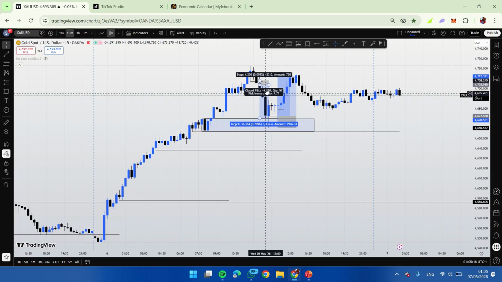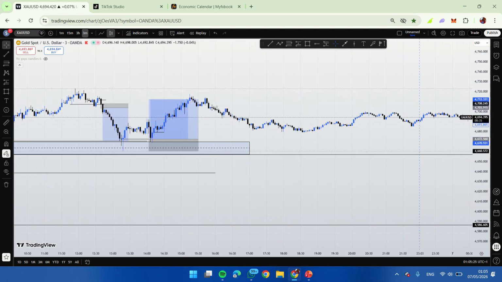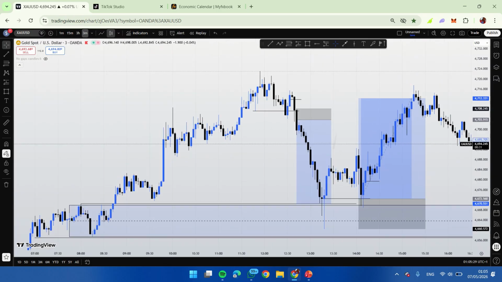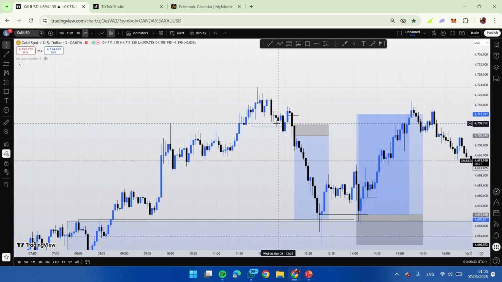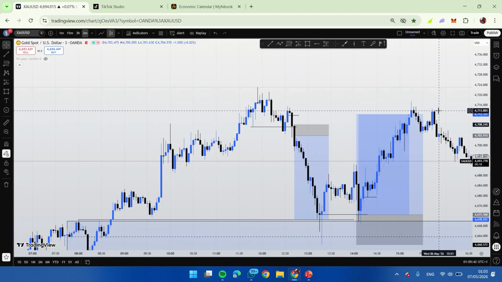And this one just happened. So let's go to 3 minutes or 1 minute, depending on what I'm seeing clarity on. So coming back here, I marked from the 15 minutes. This is where break of structure happens. So I'm anticipating. So now let me explain this particular entry because I noticed something